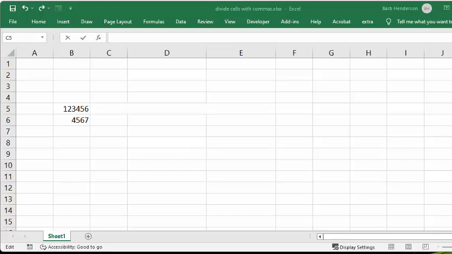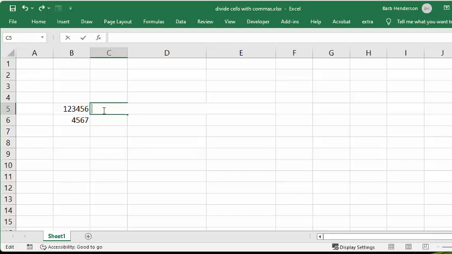In this video, I'm going to show you how you can separate the data within a cell by a comma. I had this question recently and I thought I would show you the answer. So, in the cell next to the one that we're dividing, we'd like to make this 1, 2, 3, 4,